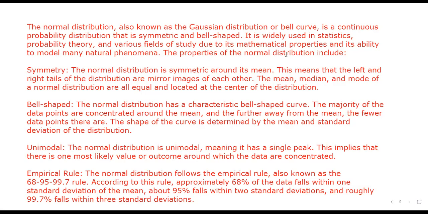Number two, the property is that it is bell-shaped. You know how bell-shaped looks? The bell shape looks like this. We say it is symmetric, meaning the left side mirrors the right side. It's bell-shaped. The area under the graph is equal to 1. Are we together? So you need to know